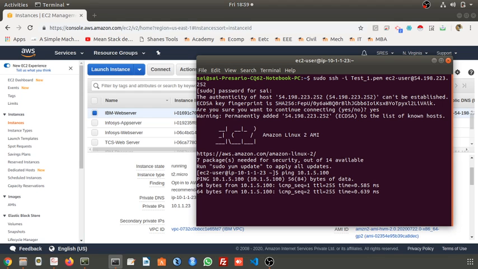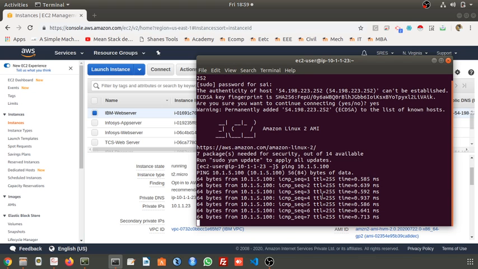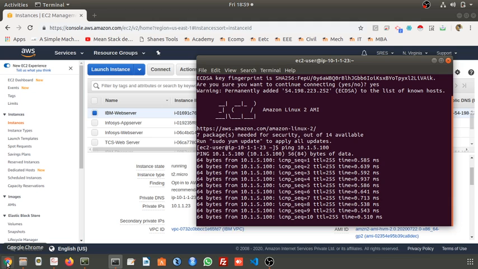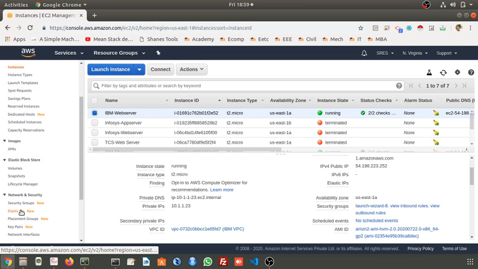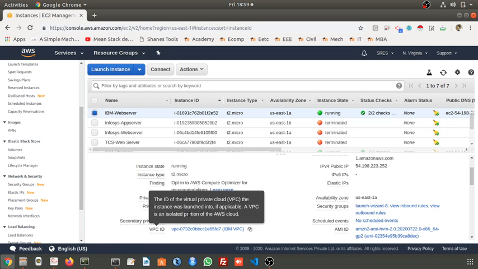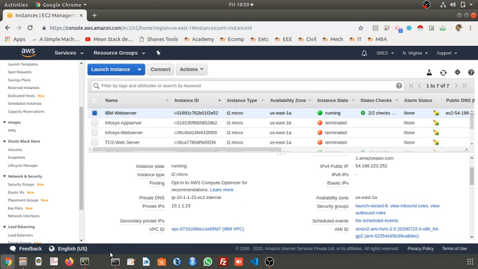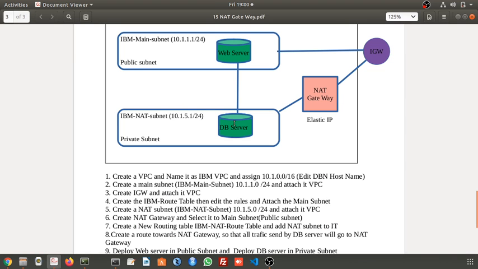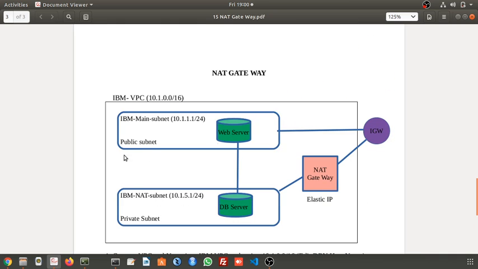See, now it is communicating. Why? Because in the route table we have already mentioned this. In the route table of the NAT gateway, from where the traffic should be accepted, we have already defined in the NAT route table as 10.1.0.0. As the traffic is coming from this 10.1, you are able to communicate with the DB server. Means locally you can communicate. These two can communicate within a private region.